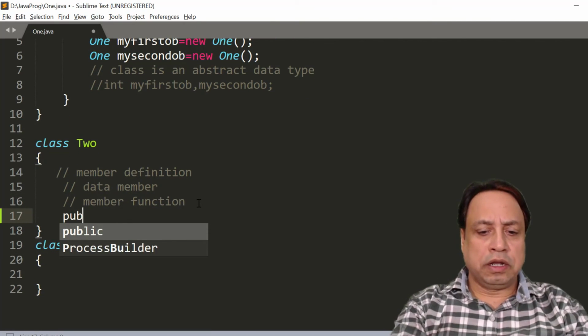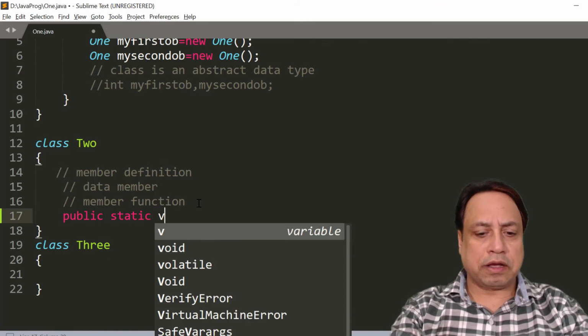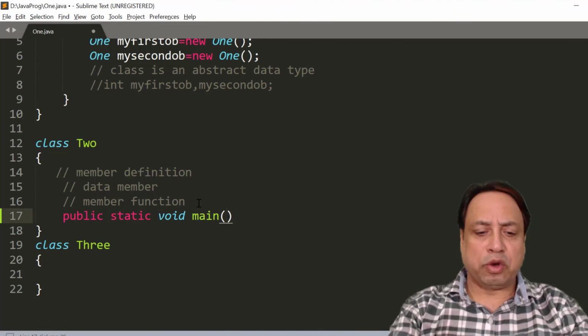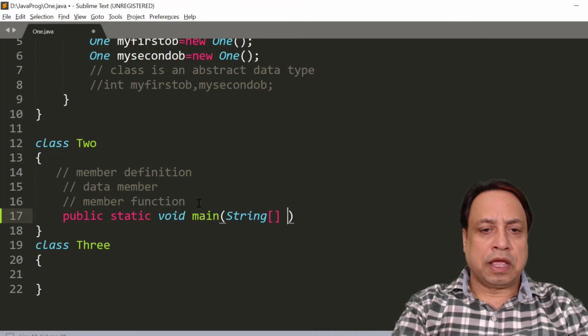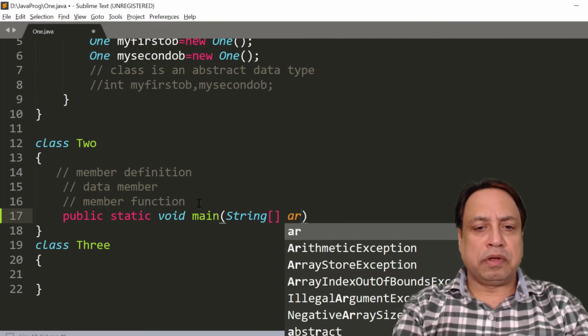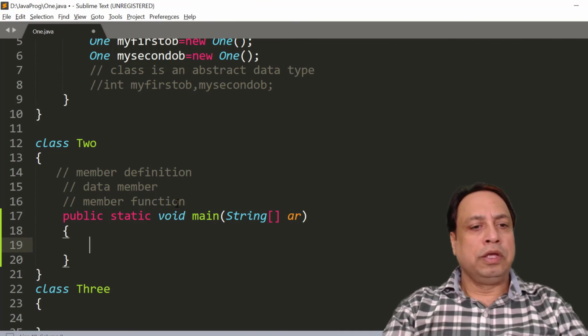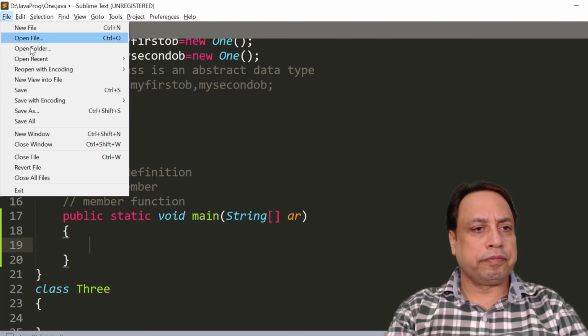How this main is written? You must always remember main is always public, static and void. And inside main we always write String with capital S in the array form and name this array variable as anything. So as I have included this main right now, we will save it.